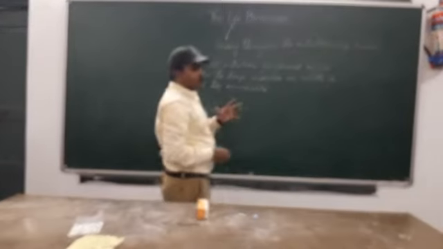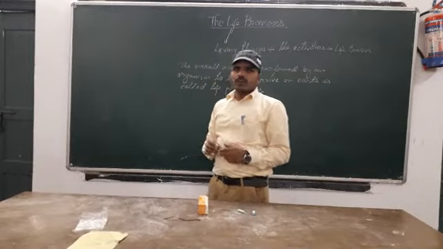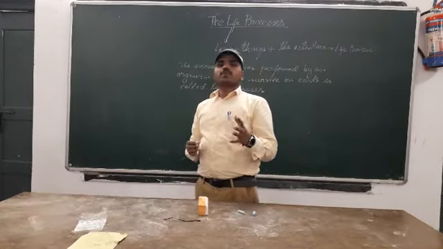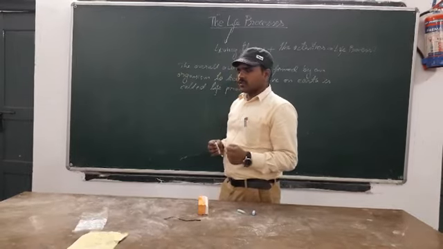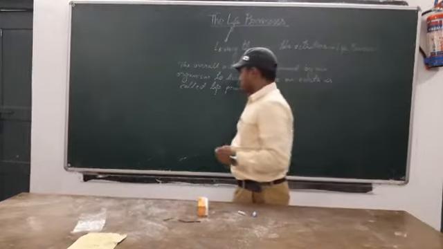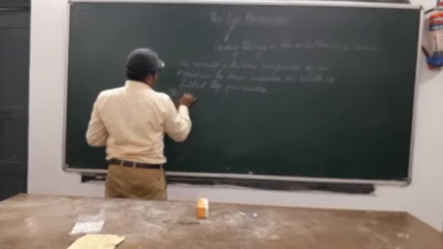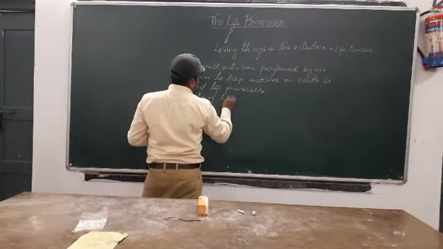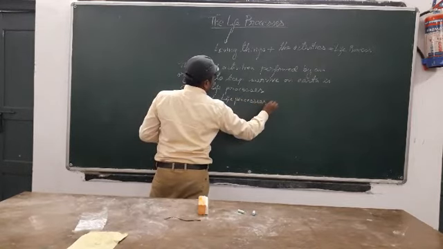So now, what are those activities which are performed by every organism? I mean, the activities which are being performed by every organism is known as life processes. Now let's know how many activities are under this life processes. Or we can write the parts of life processes are: